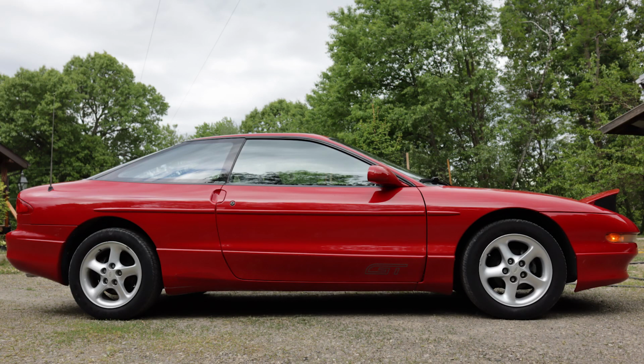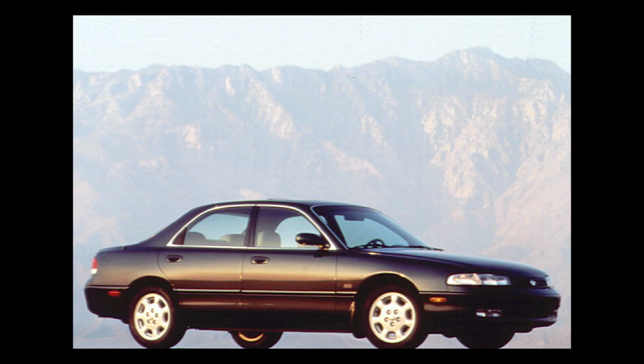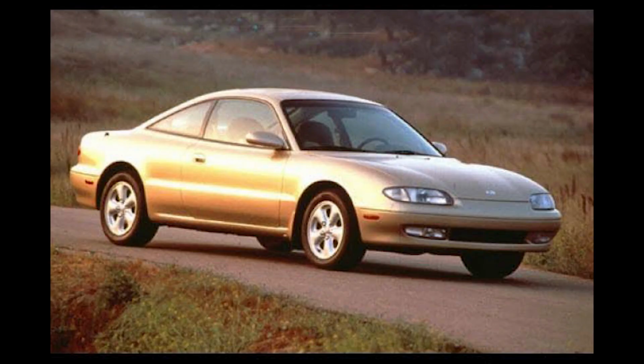Hey everybody! Today I'm going to show you the procedure to follow if you plan to replace the valve cover gaskets on your 1993 through 1997 Ford Probe GT. Since this car was developed in conjunction with Mazda, information in this video may also be applicable to the 1993 through 2002 Mazda 626 and the 1993 through 97 MX6, though I do not personally have any experience with these